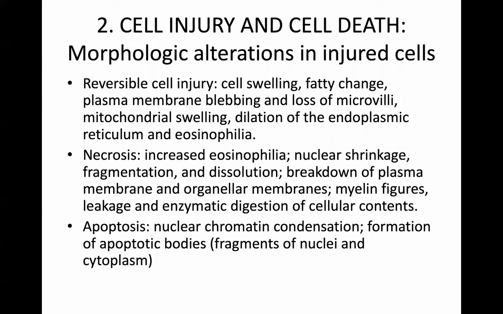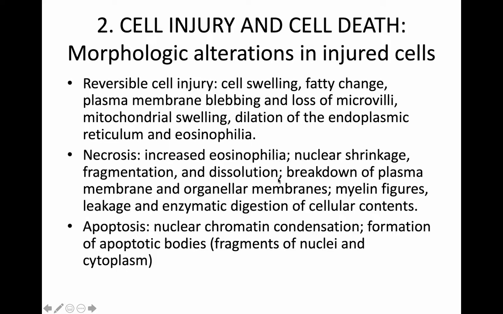Now, once you pass reversible cell injury, if you notice any of these features, usually you would say the cell has become irreversibly injured. So for example, if you notice that the eosinophilia continues to increase, that the condensation of protein bodies continues unabated within that cell, then that cell has entered into irreversible injury and will most likely progress to cell death. Once the nucleus begins to shrink and fragment and dissolves, there is no going back.